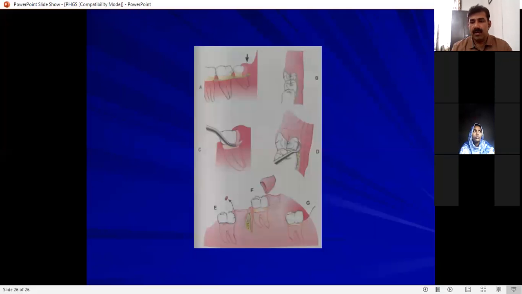And when you do a radiological examination, suppose you find that there is no space for the tooth to erupt in the oral cavity, what do you do? There is no point in doing this surgery, because even if you do, the gingiva will grow back to its original position like this here, and again the patient will have all these symptoms. So if we know that there's no space for the tooth to come out of the oral cavity, might as well go for extraction, and the problem is solved. Okay, so now we have come to the end of acute gingival infections.